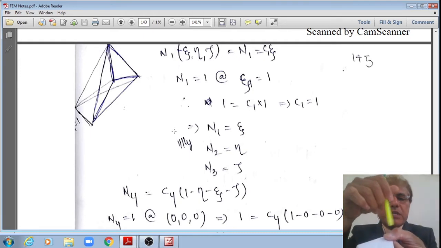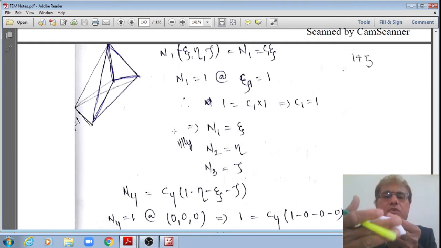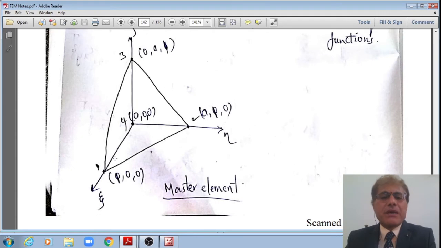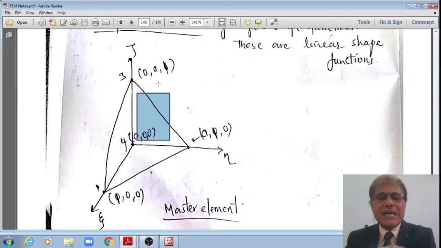Shape function variation means it is having one ordinate here. By the time it goes to this plane of the master element, we can say that here it is 1, its ordinate is equal to 1. By the time it goes to nodes 2, 3 and 4, it becomes 0, means it is becoming 0 on this plane, where the equation of this plane is given by xi is equal to 0, right? Because it is the eta zeta plane, the equation of this plane is xi is equal to 0.